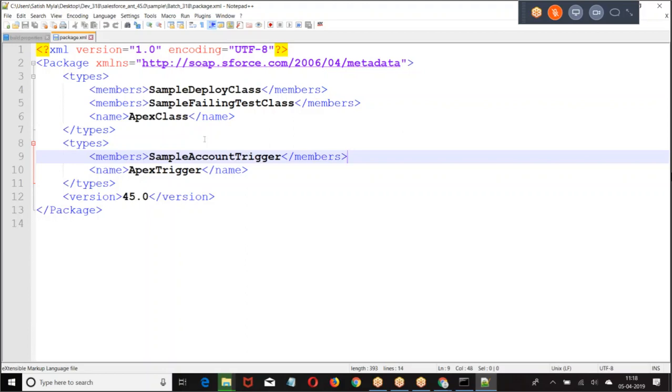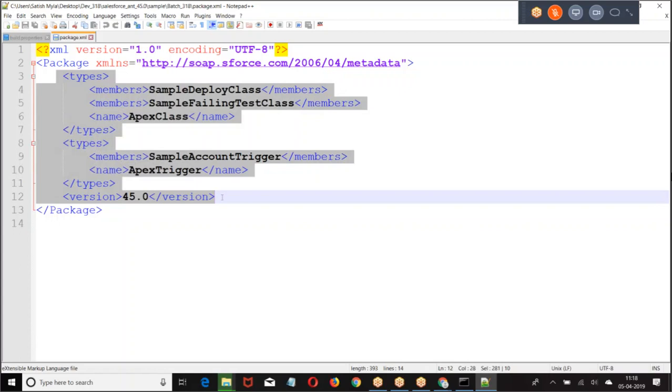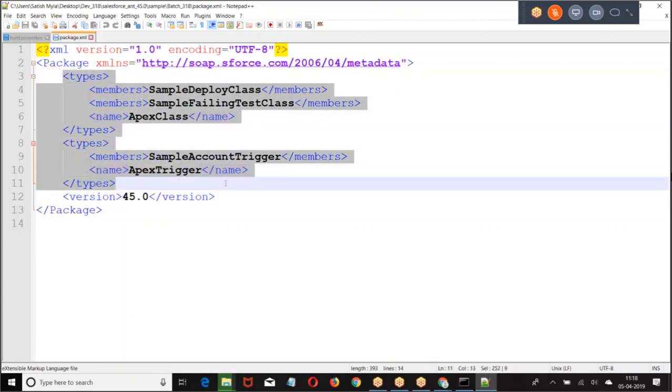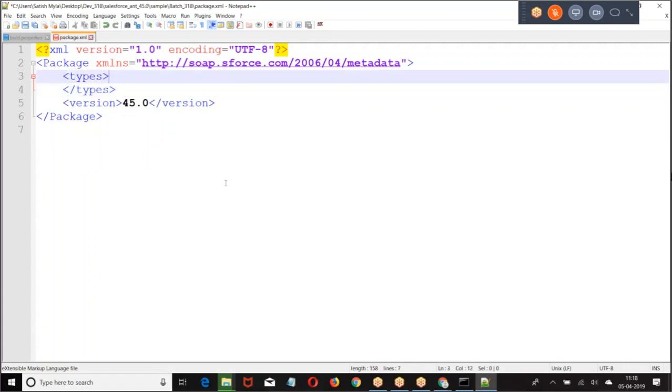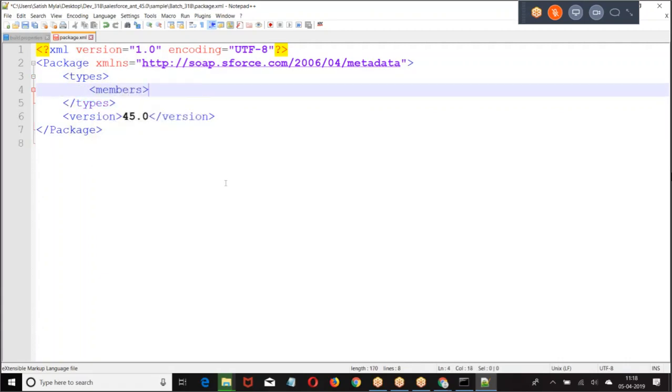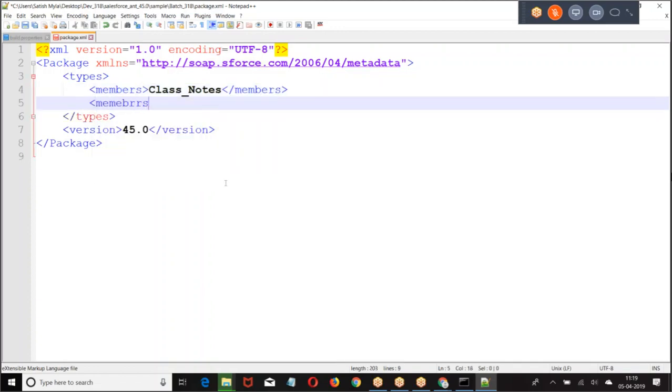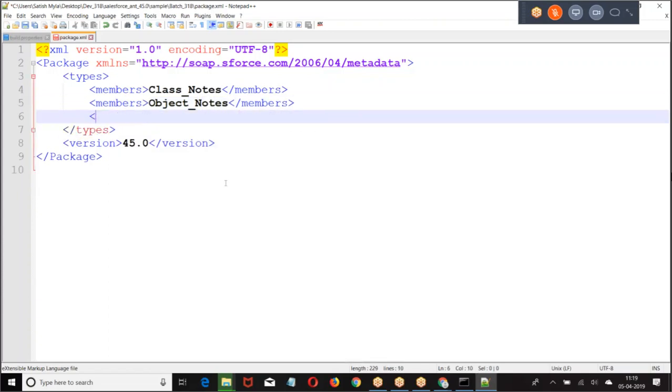Now, types, members. Then I want to give members. Members.